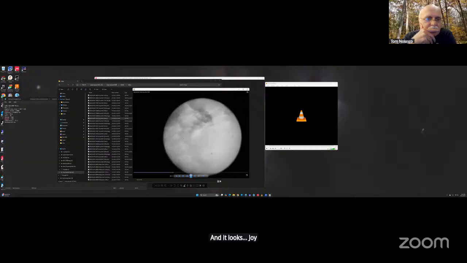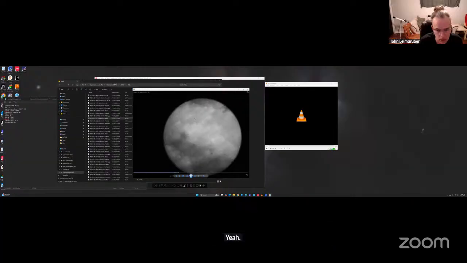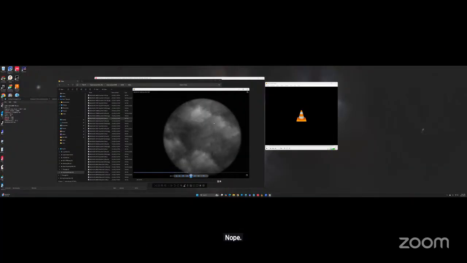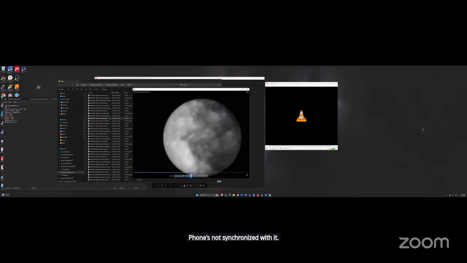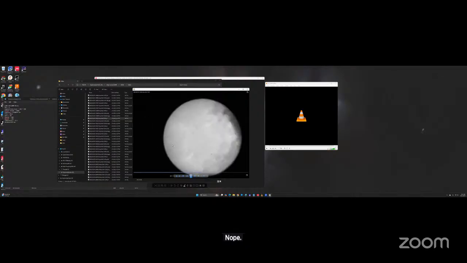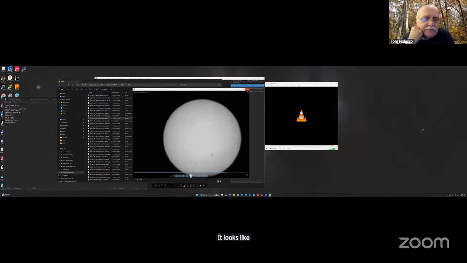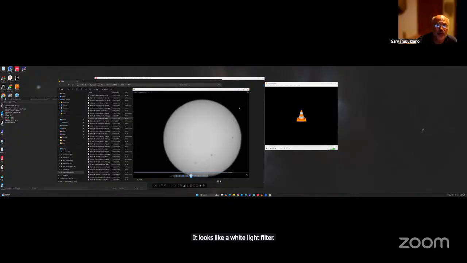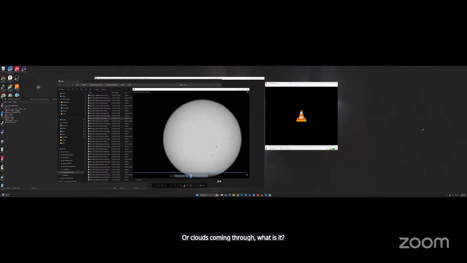I don't know why it's doing that though. Yeah, it's really jumping. Something's not synchronized with it, but I'm not sure. I'm not sure what telescope that's actually through. It looks like a white light filter, or clouds coming through. There's probably clouds and it's out of focus, but